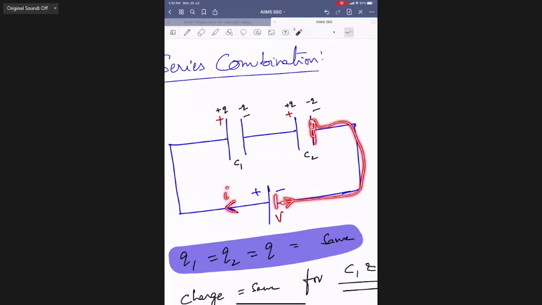Then automatically plus charges will be induced here, because there is no connection, we are not getting them. We are pumping the charges, electrons here, the negative charge will accommodate, automatically positive will be induced. These are electrically neutral, then minus will be induced here. And it is connected to the plus plate, minus is there, and then it will be how much? Plus. So whatever the value is here, the same value here with opposite sign, the same value here, opposite. So that's why plus Q, minus Q, plus Q, minus Q. Got it? Got it.